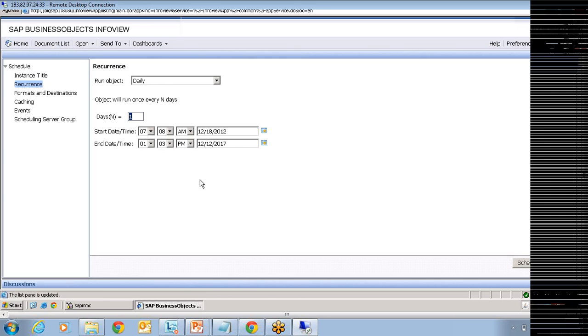Whenever you want to schedule a recurrent job, you need to have a start time and an end time. You have to choose whether you want to do it for 1 year or 5 years or 10 years, so that with that option, it's going to execute daily at 8 o'clock for 10 years.